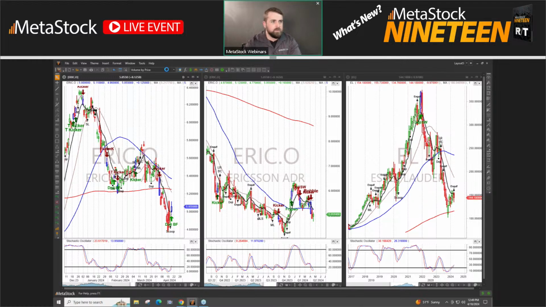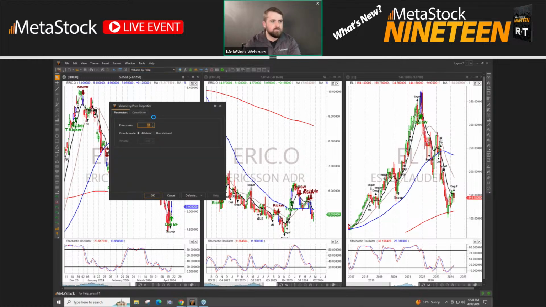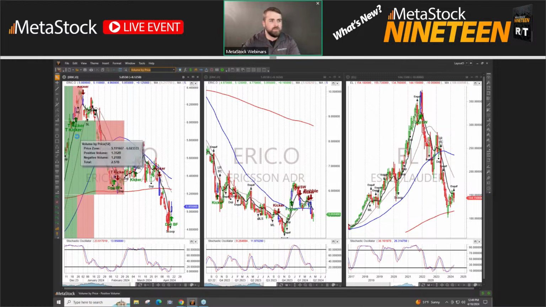I don't know why I'm getting this loading bar, so I'm going to click that, and I can select here when I drop it if I want to have 12 or more price zones, etc. I can also customize the color as well as the transparency, so if you want to be able to see through it a little bit easier or a little less, you can do that. I'll hit OK, and you'll see that's how it's been applied.